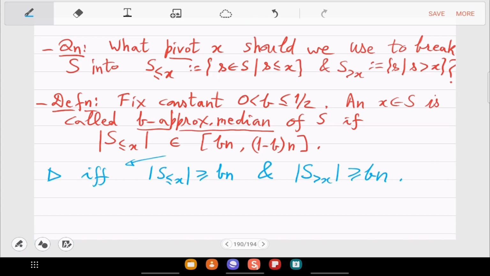So let us do that. So in the sorted S, what we are focusing on in this approximate b median is a range.